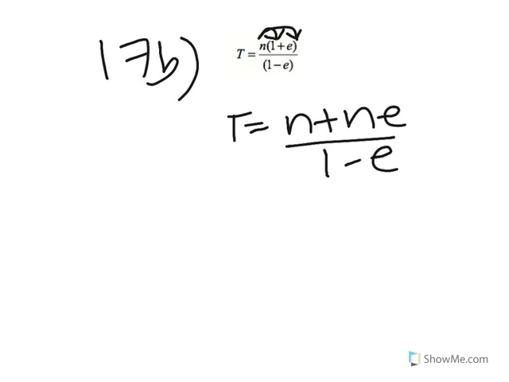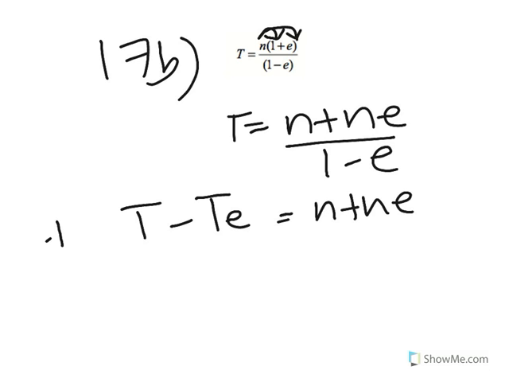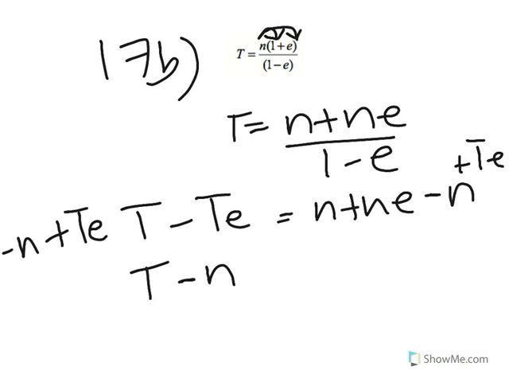Now we'll multiply both sides by 1 minus e. So we're going to get n plus ne is equal to t minus te. Since we need to make e the subject, we're going to take all the e's and put them on one side. So we're going to add te and subtract n on both sides. So we're going to get t minus n is equal to